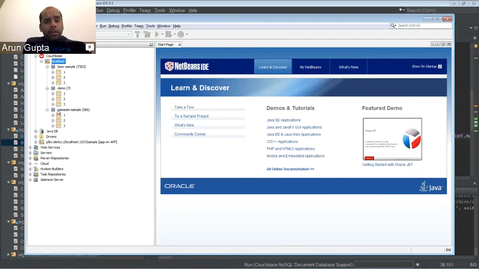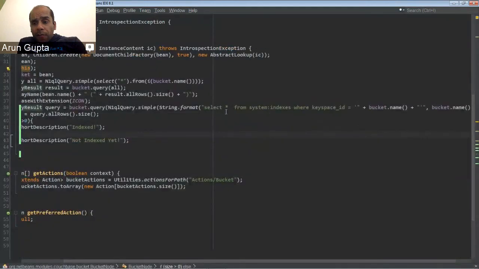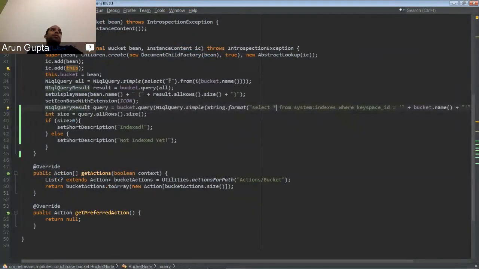So Gichen, we can kill this instance of NetBeans, and we can go back to the previous instance. And here at the end, after the bucket.name. Not here. But when he's actually retrieving the documents, where he has the more complicated N1QL query, where he selects star from the bucket. Oh, I see. Here. Yes. There is a way to specify a limit statement. Now, I haven't played around with the Java.